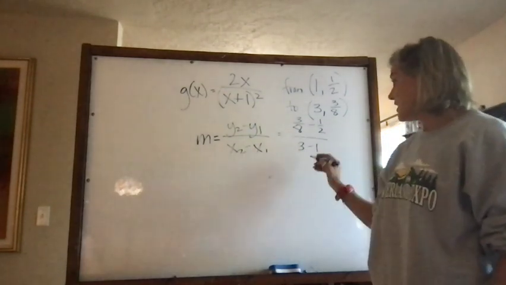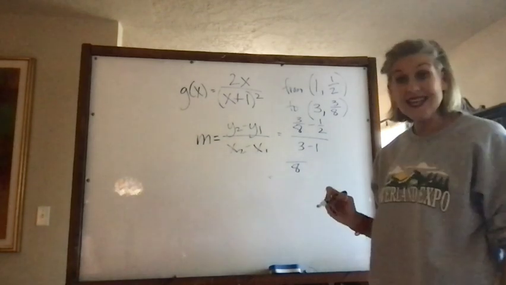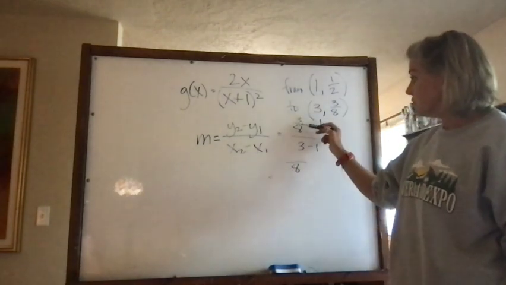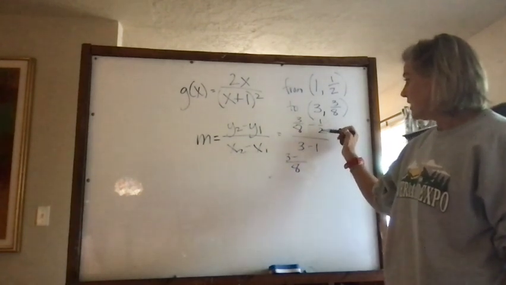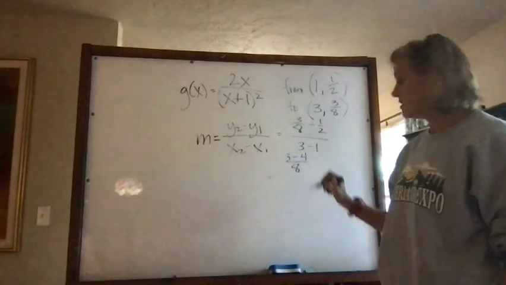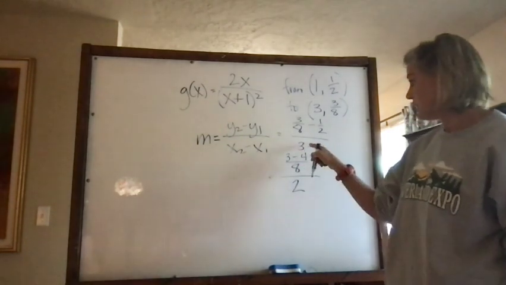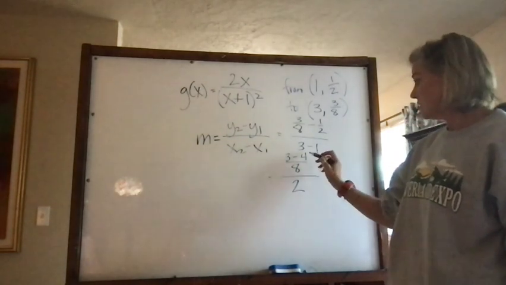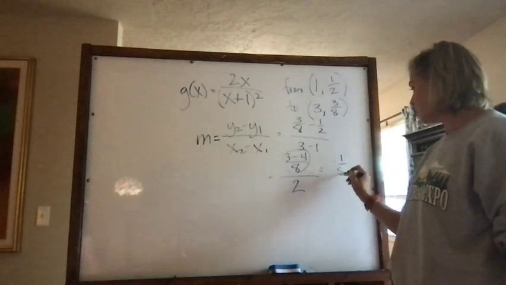So between 3/8 and 1/2, the common denominator is 8. So 3 over 8 stayed the same. 1/2 converted to a bottom of 8 is 4/8. 3 minus 1 is 2. So this fraction, 3 minus 4, becomes negative 1/8